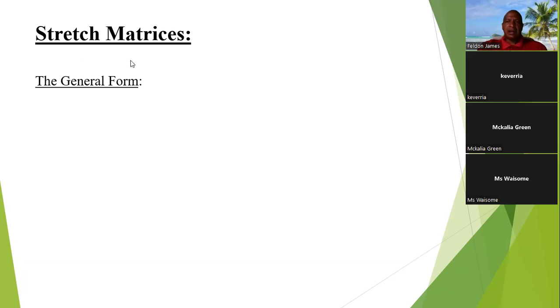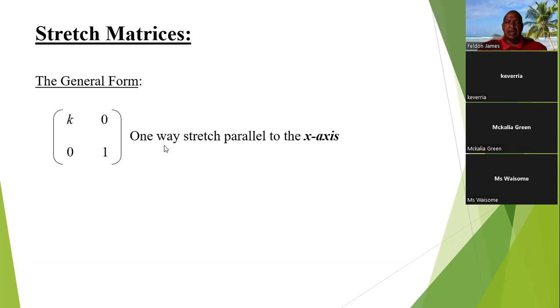Now, remember we talked about shear or stretches. This is a matrix that gives you the shear that we talked about in the previous transformational geometry. This matrix has the same effect. If you multiply your pre-image by this matrix, by putting a value for k, you will stretch it along the x-axis,